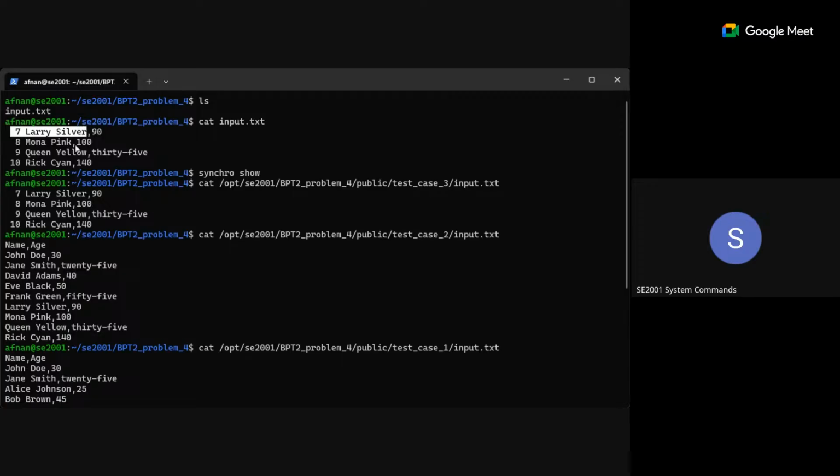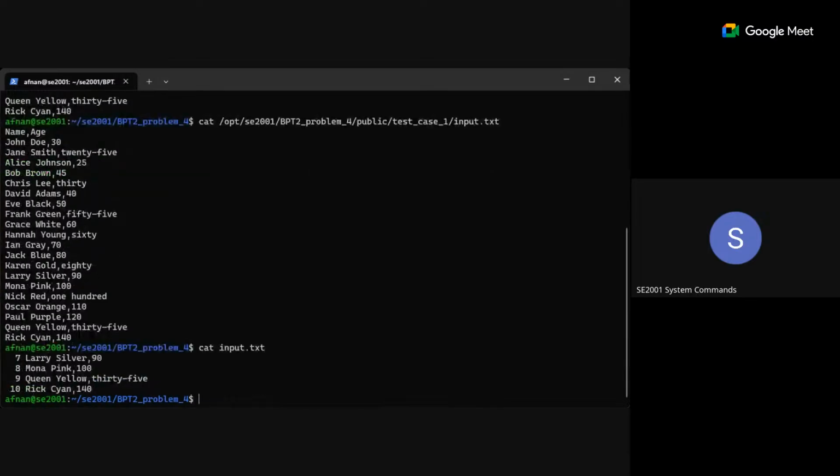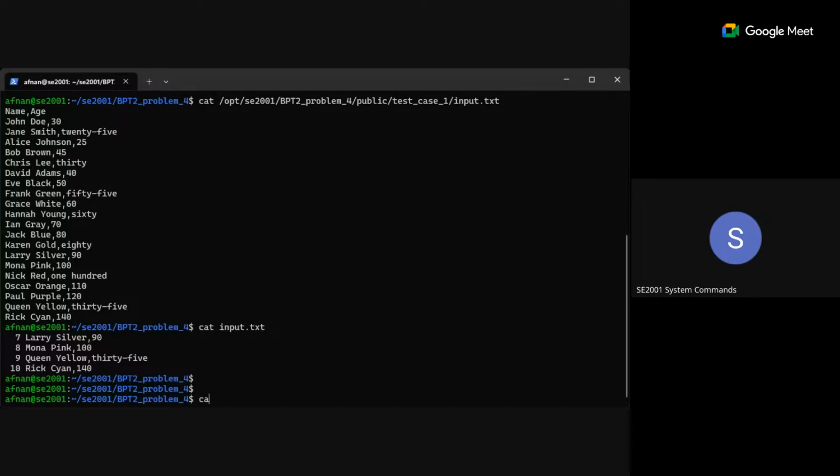So that is like a generalized solution because it will still work, right? So that way you still have two columns. So that's what I'm saying. So for example, test case three, let me try doing this on this. So what I'm saying is I've already copied, I think. Yeah. So what I'm saying is if I cut on the input and then with the comma,